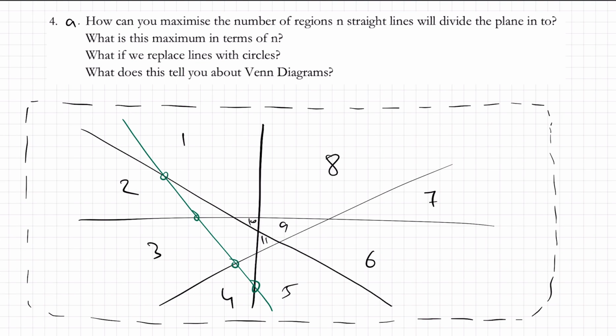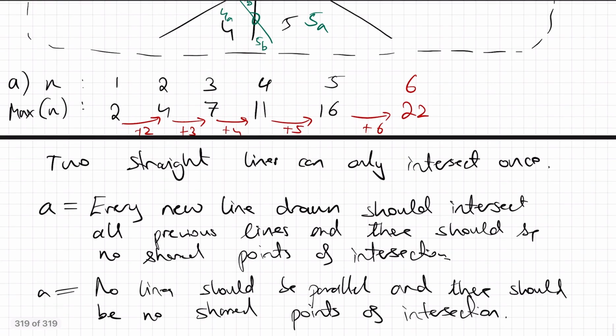So this region is now split into 5A and 5B. Okay. This region, which was originally 4, is now split into 4A and 4B. This region, which was originally 3, is now split into 3A, 3B. This, which was 2, is now 2A, 2B, and 1 is now 1A, 1B. Okay, so I think it's clear that